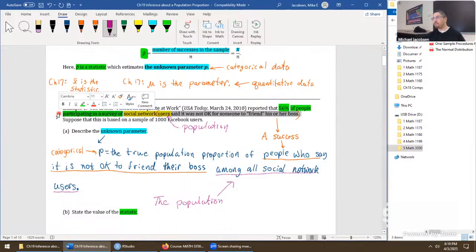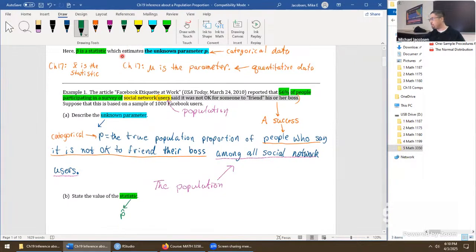So that further description, highlighting green, made it a statistic. We're only looking into the sample of the 1,000 Facebook users. So all we need to write down here is, good idea to put down p hat, because that's us reminding ourselves we're talking about the actual statistic at this point. So p hat equals